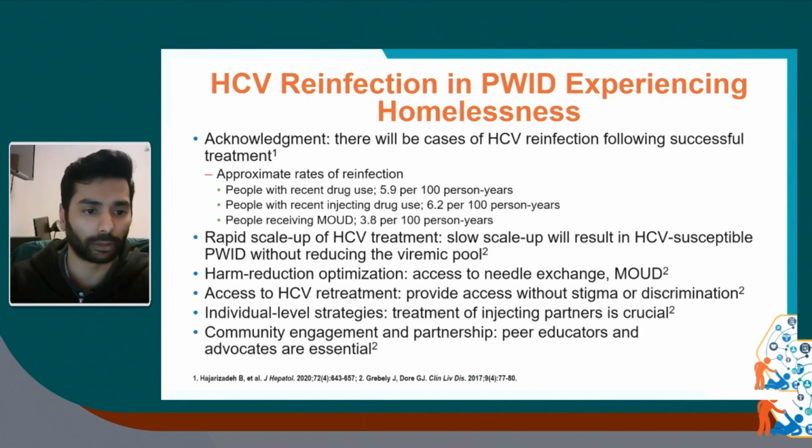Also, reducing the risk of getting infected or getting reinfected via harm reduction measures like access to needle exchanges, providing education, providing treatment for opioid use disorders, medication-assisted treatment. Access to treatment is something I talked about already, without stigma, without discrimination. A reinfection shouldn't be talked about as a patient that messed up or a patient that did not do what they're supposed to. That is just a stigmatizing way of approaching that,